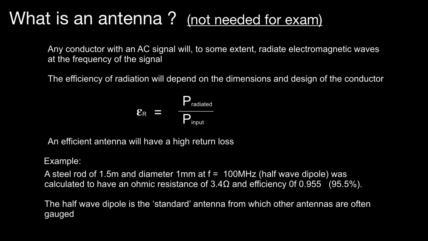Throughout our studies of antennas, it's generally the half-wave dipole that's the standard antenna from which the other antennas are often gauged. And in fact, when we're looking at the gain of antennas, we either quote the gain in dBi or dBd. dBi being with respect to the isotropic, which is a mathematical antenna, if you like, a single point source that radiates equally in all directions, a bit like a little tiny glowworm light at the center of a glass sphere, illuminating the sphere equally. Or we quote it in dBd,